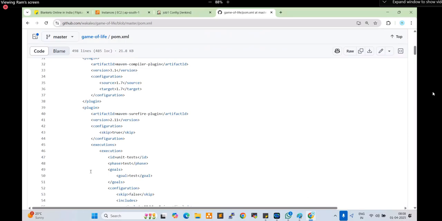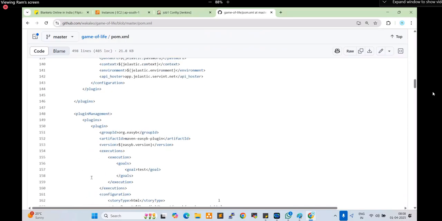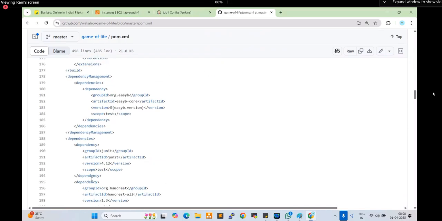Developers always check this pom.xml file. You don't need to worry about this file. As a DevOps engineer, there is no need to check this. But developers always check the versions and plugins, right? Without which normally you cannot deploy the code, right? So here